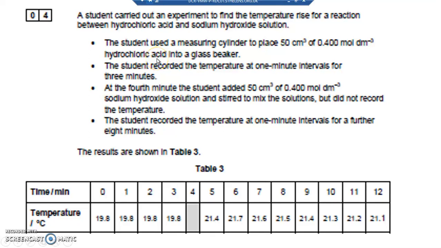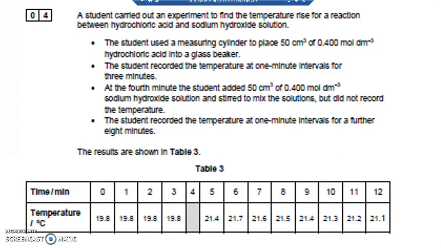Question 4. A student carried out an experiment to find the temperature rise for a reaction between hydrochloric acid and sodium hydroxide. They used a measuring cylinder to place 50 cm³ of 0.4 mol/dm³ hydrochloric acid into a glass beaker. So if we wanted to, we could find out the mass by using,